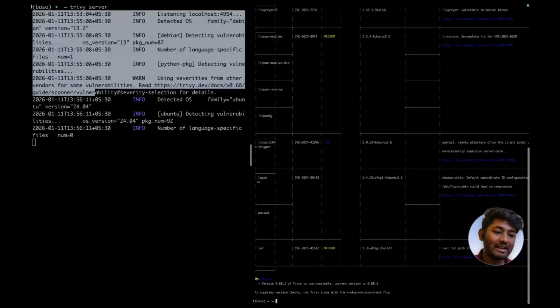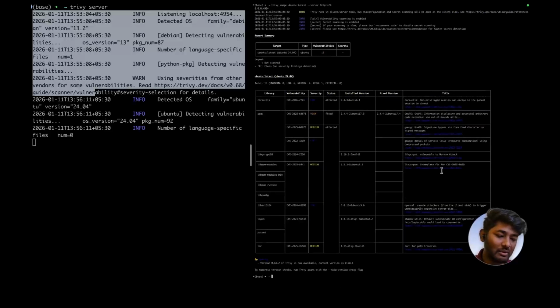Now, when you are working in an enterprise, multiple people are working on it. At that time, Trivy server will come into the picture, and this will literally help in speeding up your Trivy security scans,